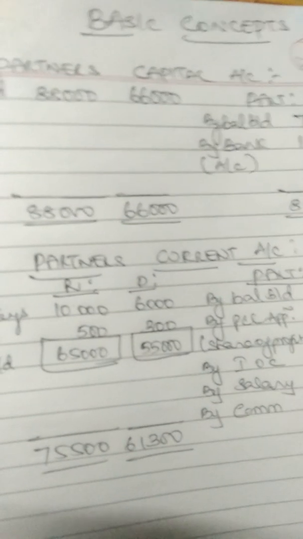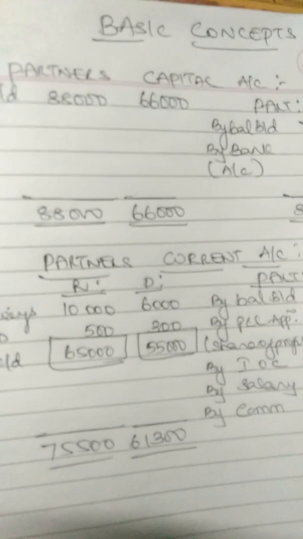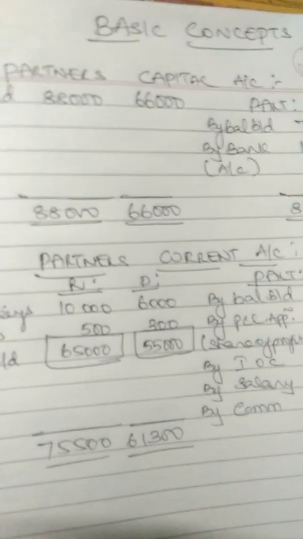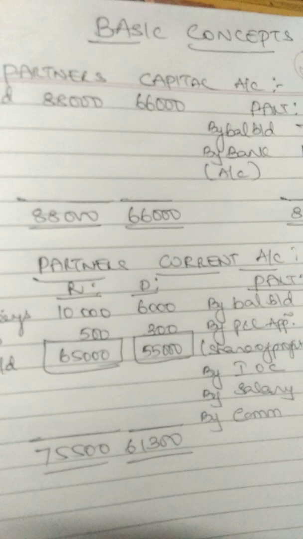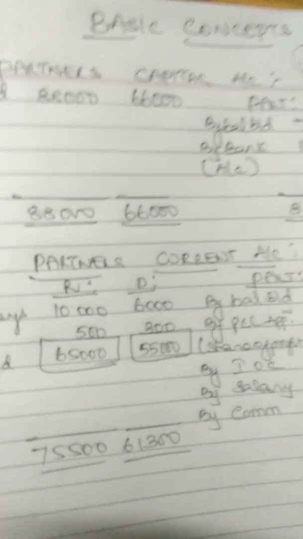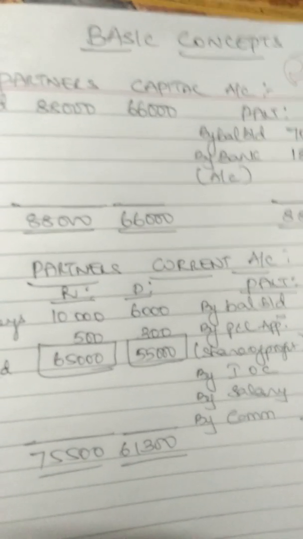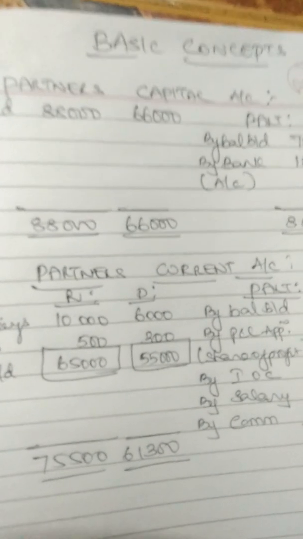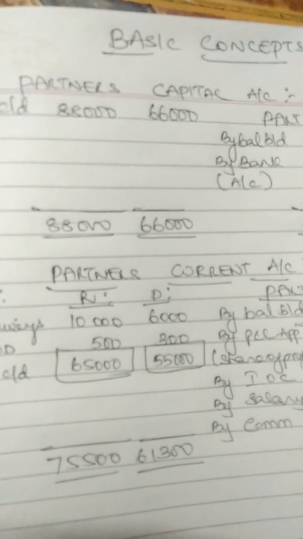Today we are going to discuss accounts chapter 3, the basic concepts of a partnership. In the last class I explained the format. Now we are proceeding with the exercises, so I went directly to exercise number 2. After explaining exercise number 2, you have to work out exercise 3, students, with the same model. Now let's continue with exercise number 2.